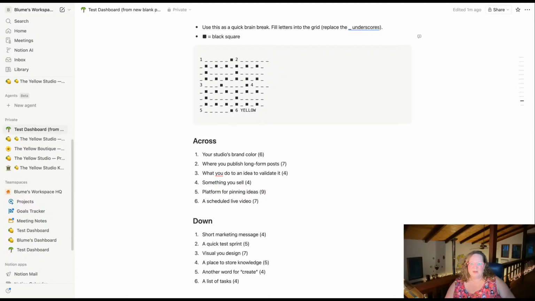I don't know what LLM it uses. I think it is its own. I think that Notion is its own LLM, but I'm not sure about that, honestly. Yeah, Claude can connect to it, but who's creating this crossword puzzle? I think Notion's AI is creating it. Let's see, what LLM does Notion run on? I think they're their own